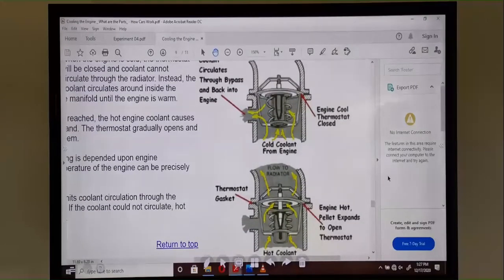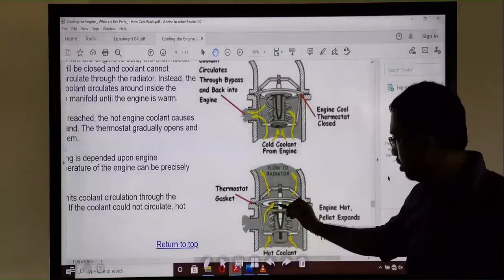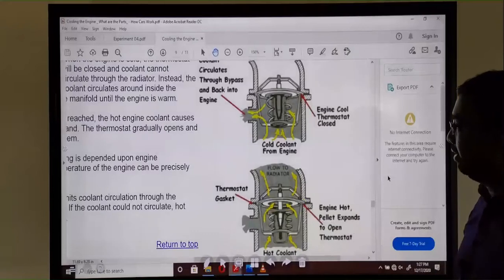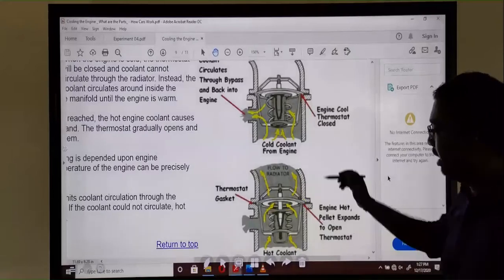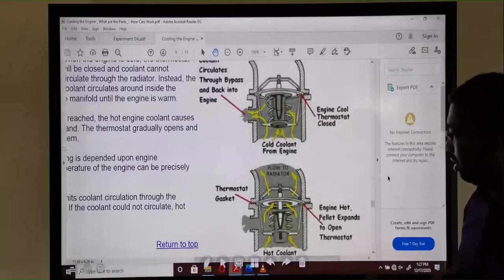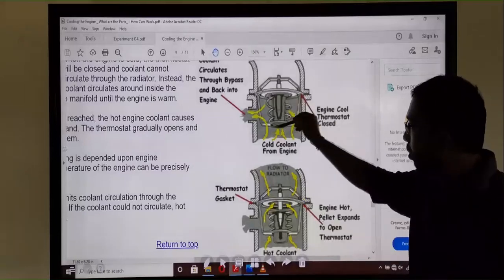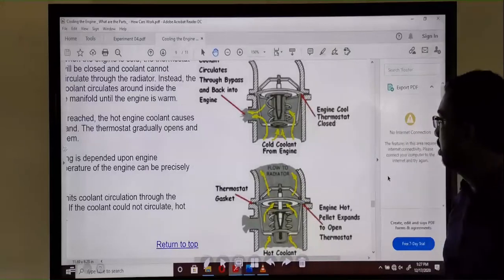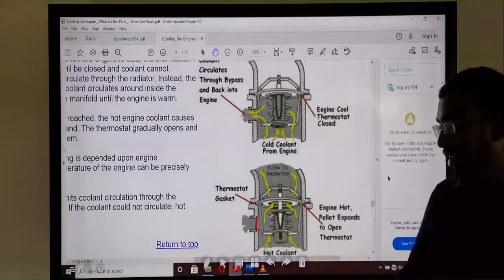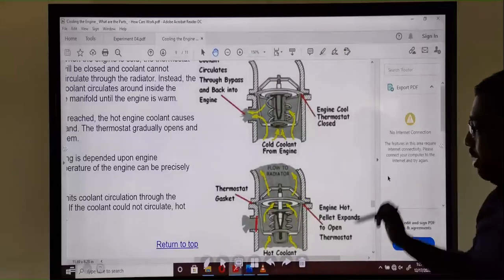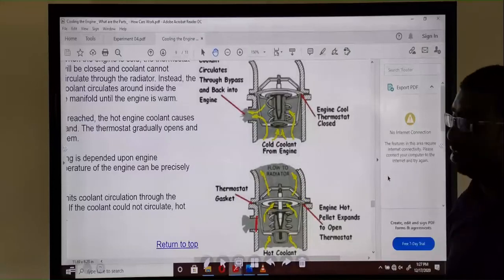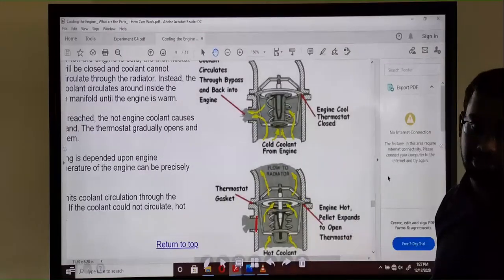Okay, you can see, now this area is open, and the coolant moves through. Then how is it achieved by the bypass line? When this is open, the bypass line is closed. So it moves downwards. What will happen? This closes the bypass line. So when the bypass line is open, the main line is closed, and when the main line is open, the bypass line is getting closed.